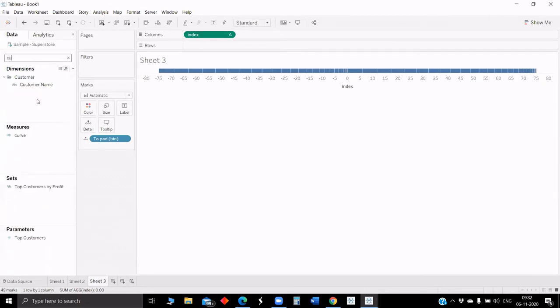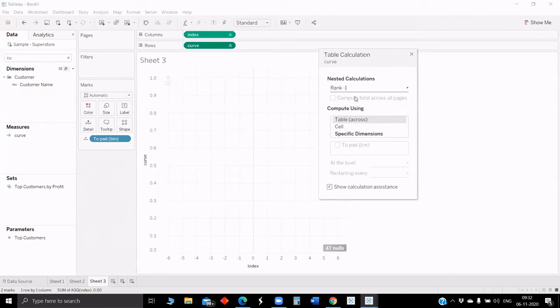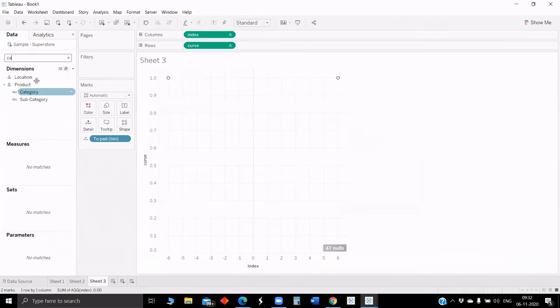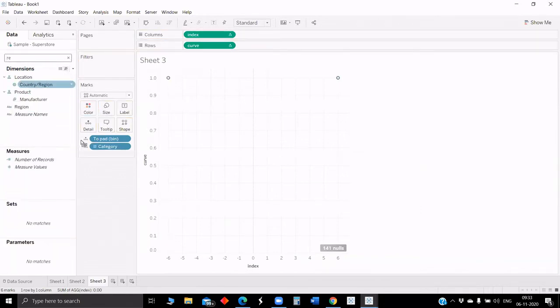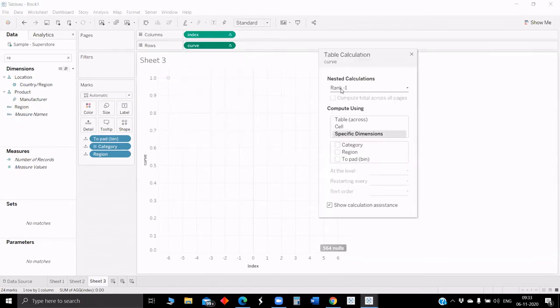Next, we got the curve field. Here put this curve. Then now we have to edit the table calculation. So first, rank 1. Rank 1 is made for the category. Oh, sorry. Before doing this, we have to put region into details. Both in details. Now we made rank 1, rank 2, all those, and we have just used this in curve, but we didn't say across what and where it should happen. Once we put the curve in rows, here we will edit the table calculation for each.